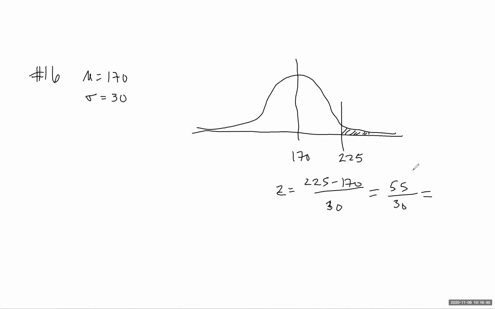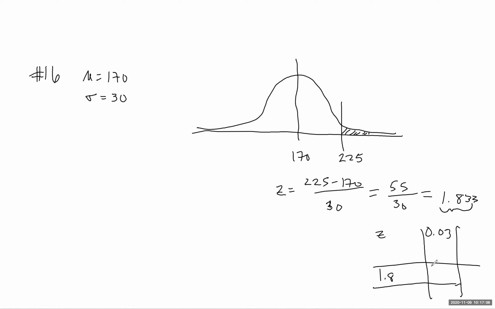55 divided by 30. 1.8333. Now, of course, the Z table only goes to 2 decimal places, so we only have to worry about that much of it. And recall that we find the 1.8 row here and the 0.03 column, and the intersection of those two will be the area to finish our problem. Let's see, positive 1.8,